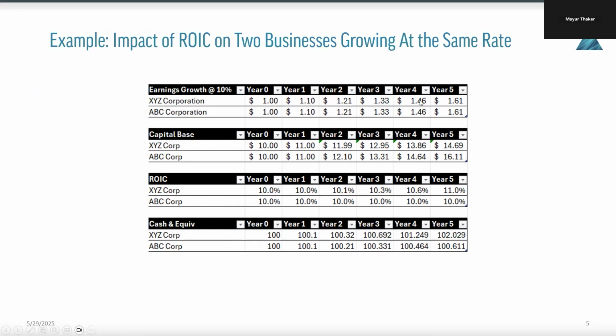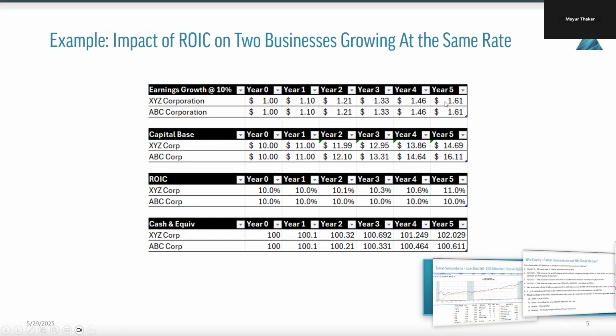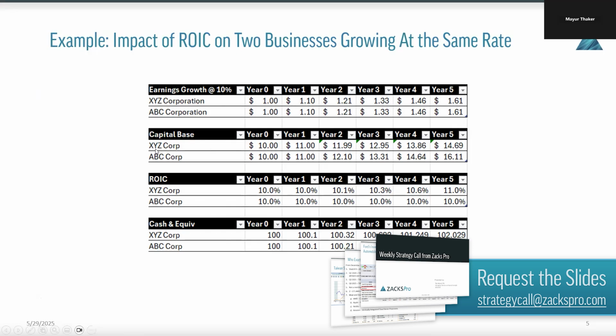In order to get this growth, you still have to reinvest some of that money back into the business, because if you're scaling up, then you need more and more capital reinvested in order to generate the growth that you see here on the top part of the table. So I assumed that, for XYZ, the growth rate of capital was 10%. Here you can see that after year five,